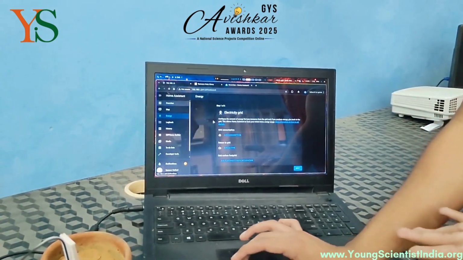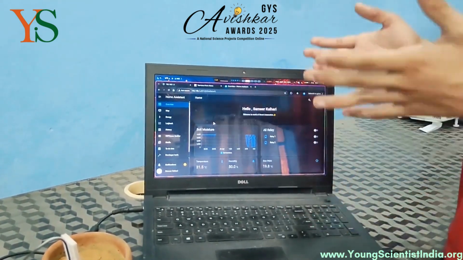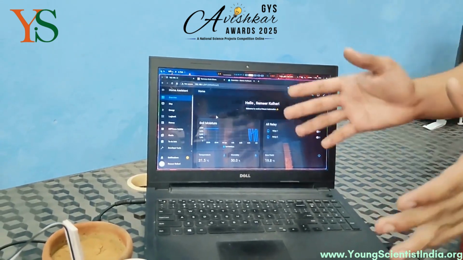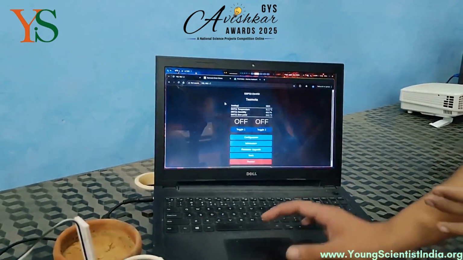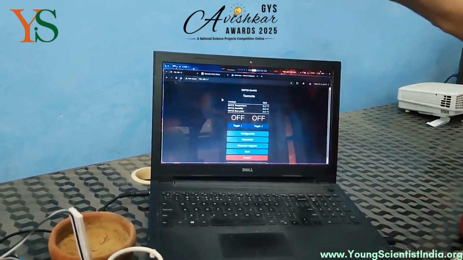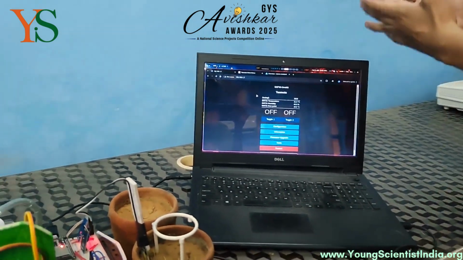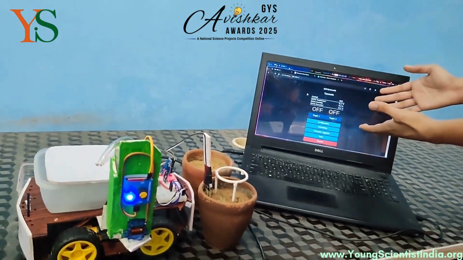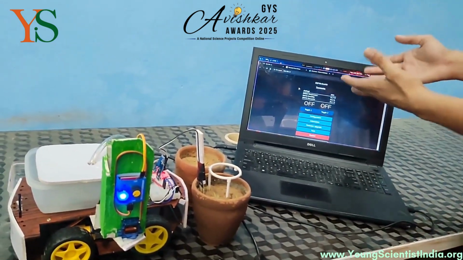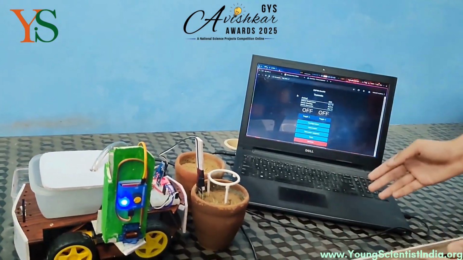If the farmer doesn't want this advanced UI, or if he just wants to control one bot, we have made a simpler UI for our farmers. You can have a look at this. Through this UI, the farmer can check the values of sensors, the moisture level and control the pump. You can have a look at this. If you want to see the demonstration, have a look at this.